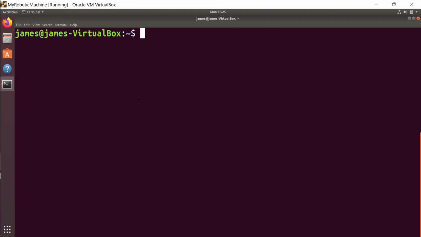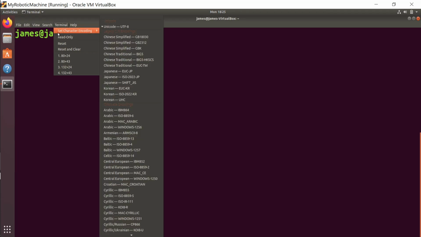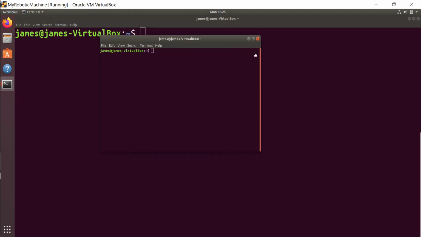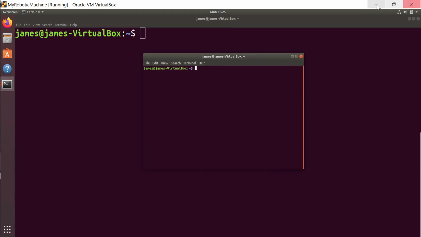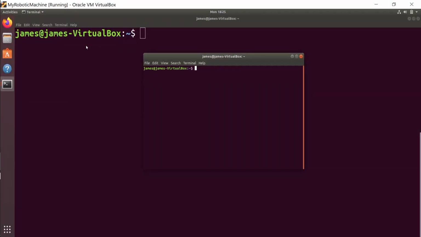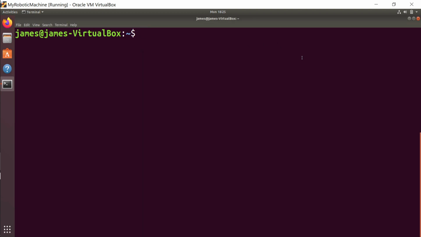So in this case I have this terminal window. If I have, let's say, another terminal window, I right click and say new terminal. So now this is a second terminal I have, right? Every time you start working with your robotic application, it is better to run this command: source /opt/ros/melodic/setup.bash. If you have Kinetic, then this will be Kinetic, or if you have Noetic, then this will be Noetic, but this is Melodic, so we will go ahead with Melodic. So this is my second window and I'll paste it over here. This is like I'm setting up my ROS environment. This is just one example I gave. So let's close that window.